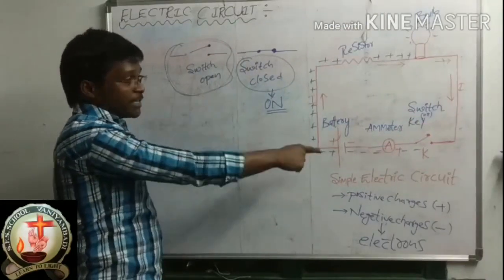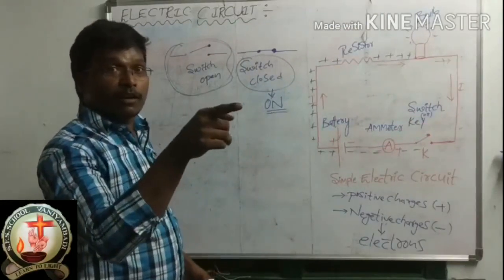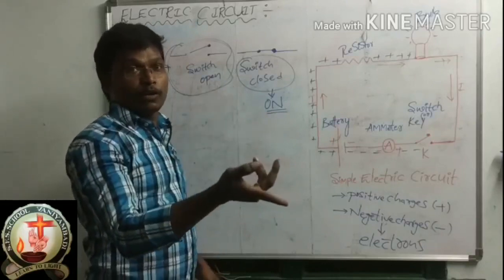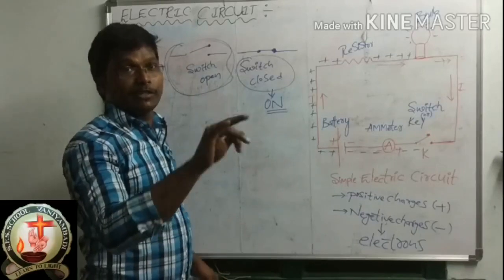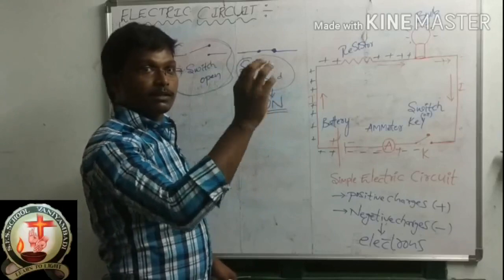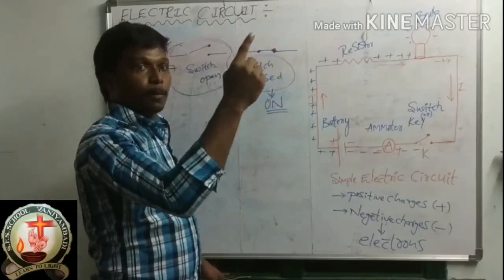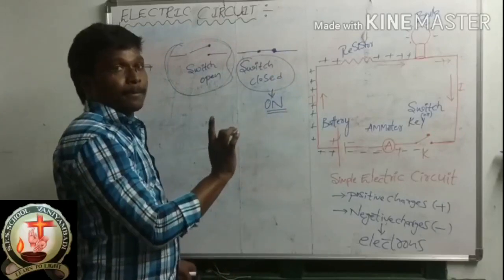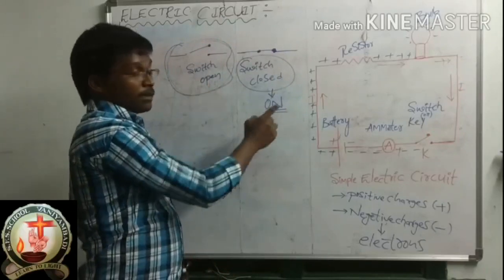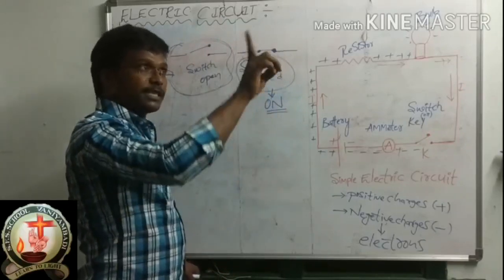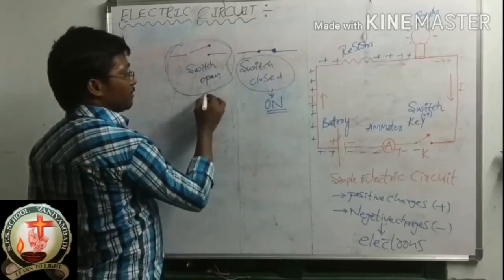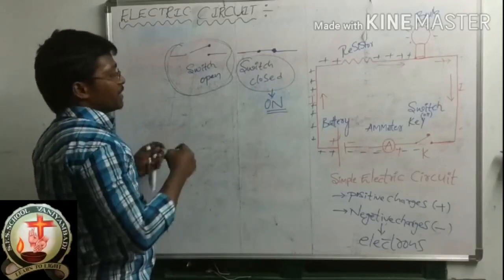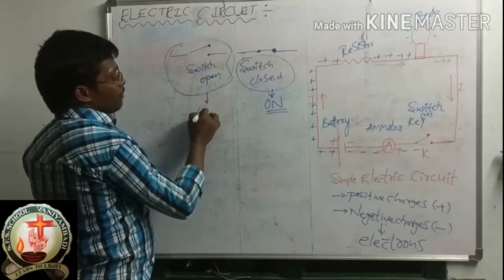So here switch is open means, in our daily life, as I already told you, like fan switch, light switch, we should on it, and the bulb will glow, the fan will rotate. When the switch is closed, that is on condition. But switch is open means what? Off. Switch is off. Daily life. This one is off condition.